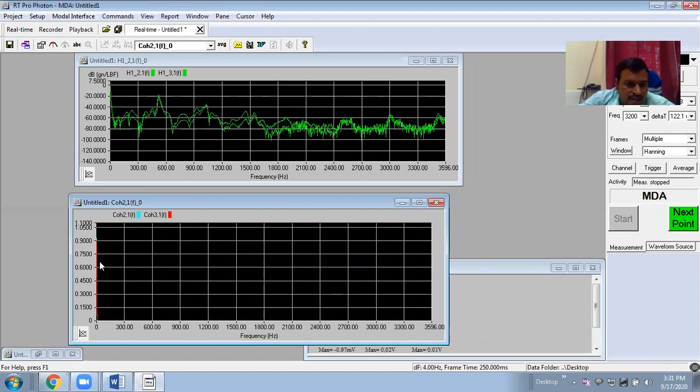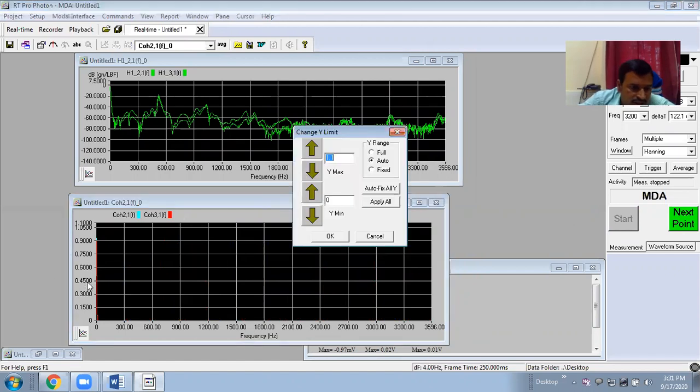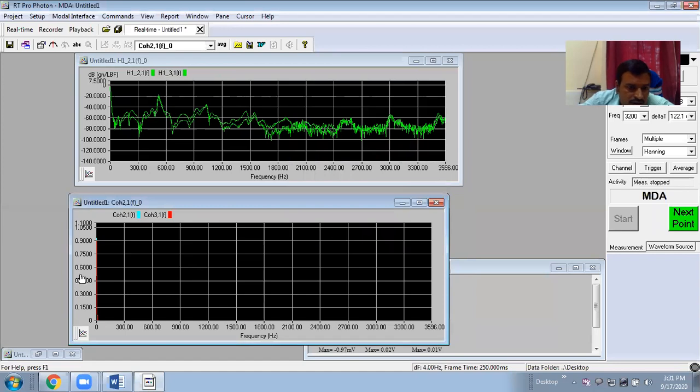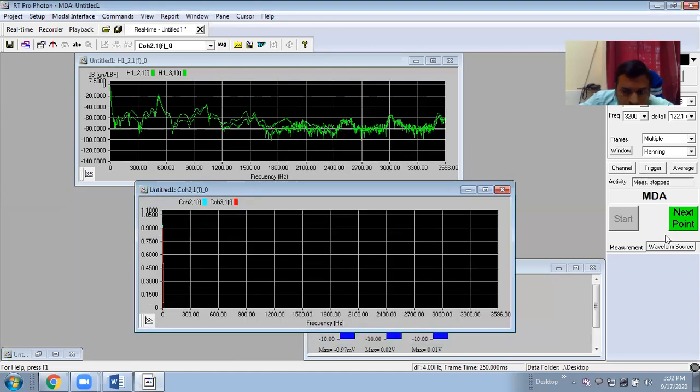Data have been already saved. Now if you see, there is coherence. Just wait, coherence I'll measure. Next point, I'll automatically take this accelerometer.